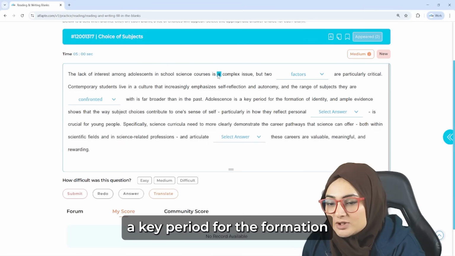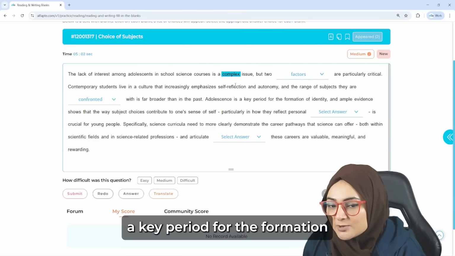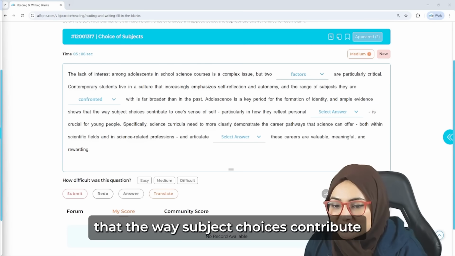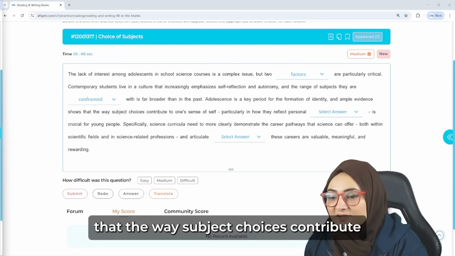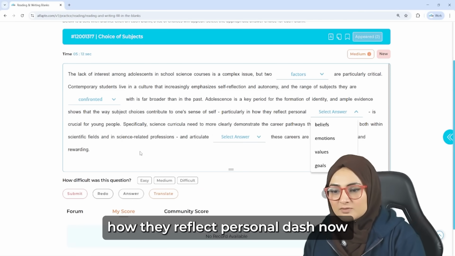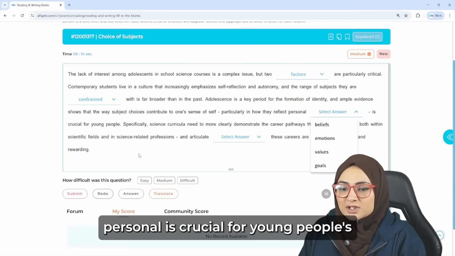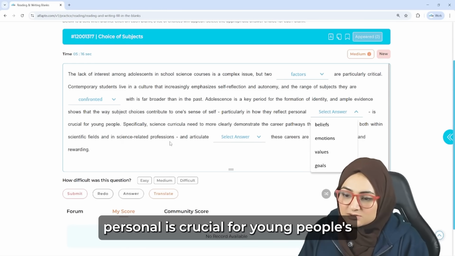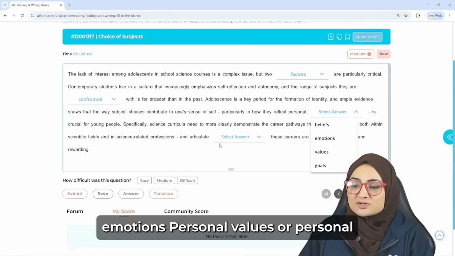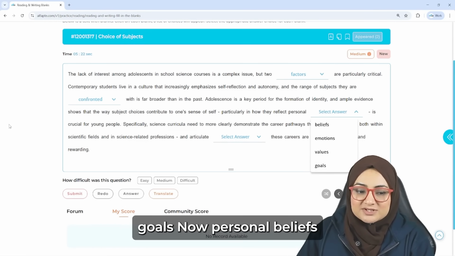Adolescence is a key period for the formation of identity, and ample evidence shows that the way subject choices contribute to oneself, particularly in how they reflect personal dash. Now, personal is crucial for young people. Personal beliefs, subjects, personal emotions, personal values, or personal goals. Now, personal beliefs,